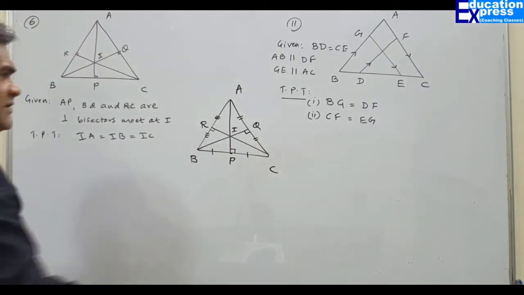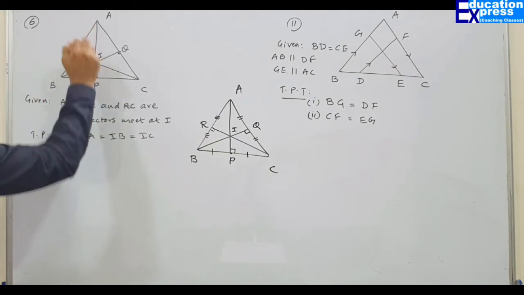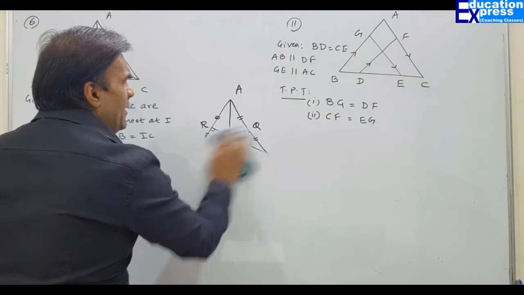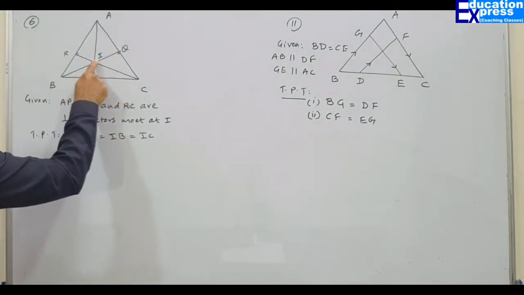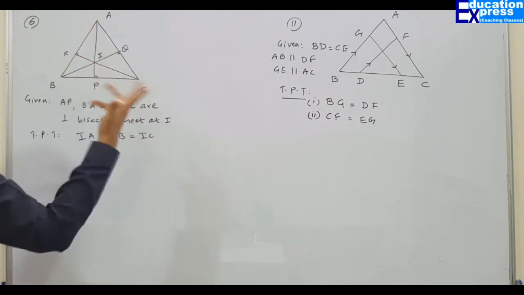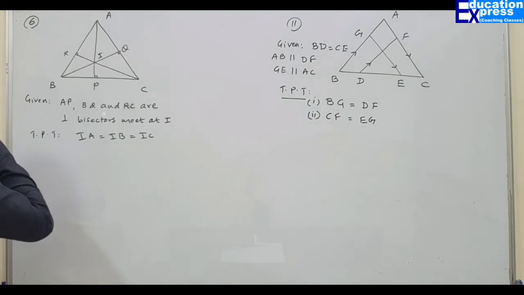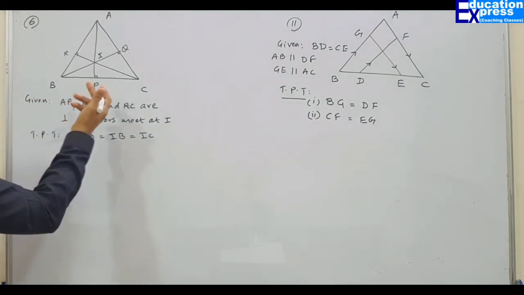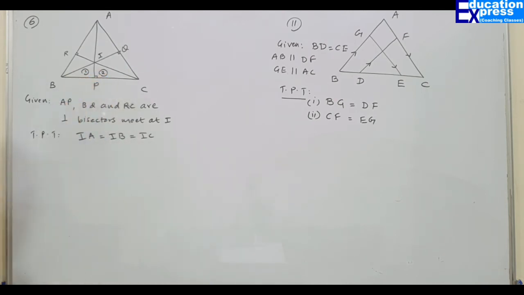So my dear friends, what we have to prove? We have to prove that IA equals IB equals IC. The question is very simple and monotonous. Focus on only two things at a time, IA and IB. IA, IB, IC. Any two of them you can choose. So sir, I choose to take triangle. Which of the triangles can you take? Sir, we can take triangle 1 and triangle 2. Of course, yes.